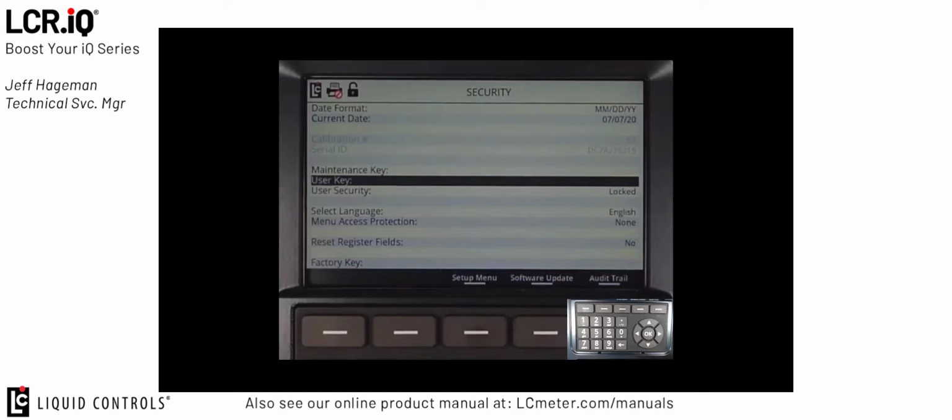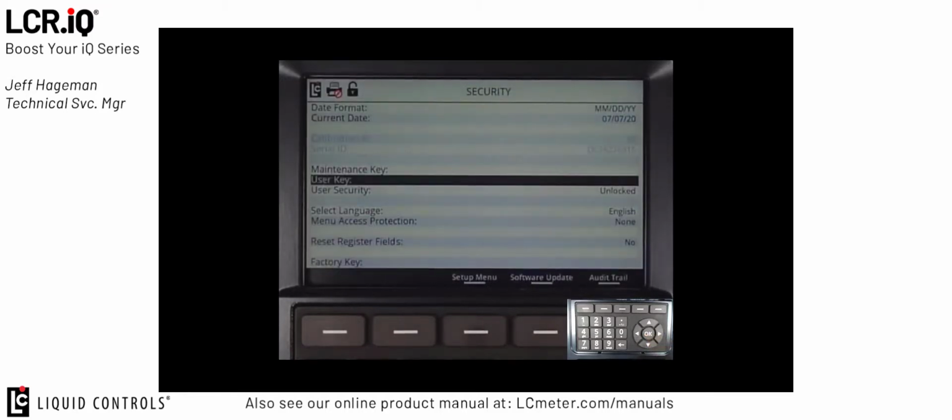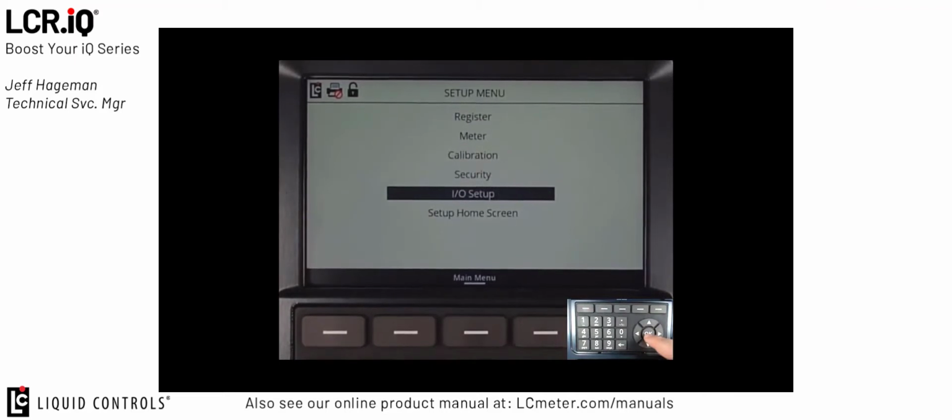To unlock it for the very first time, we need to enter in a user key, which is blank. So we scroll down to user key and press OK. Then we just press OK again, entering nothing into that field. And that will automatically unlock the system for the first time. To exit the security menu, we'll press the setup menu button and then go down to the I/O setup section